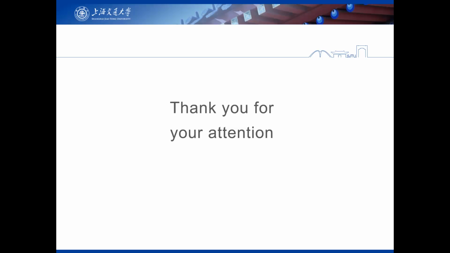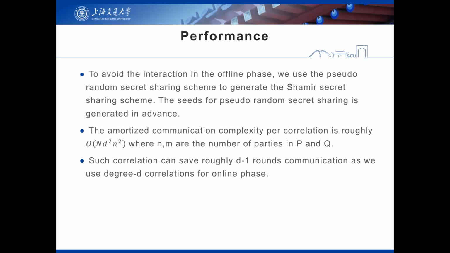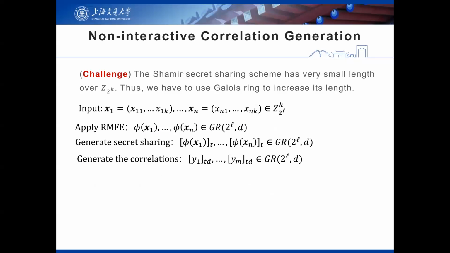So any questions from the audience? Let me ask you one question. It seems from your presentation that the extension from 2 to degree D is not very tricky. It seems like the only tricky part is the use of the composition method. Is that correct? Or are there other tricky parts that we cannot understand?